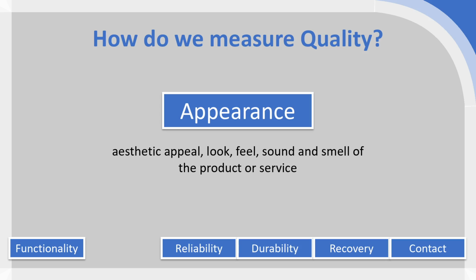And you may say that aesthetics is subjective rather than objective, but remember our definitions of quality here. So if we have a clear design specification for, let's say, the coat, so we know how the coat should be designed, how it should be produced, and how it should look and therefore feel, then we can judge whether it meets our quality requirements by judging how well the aesthetic appeal and the appearance matches the design of